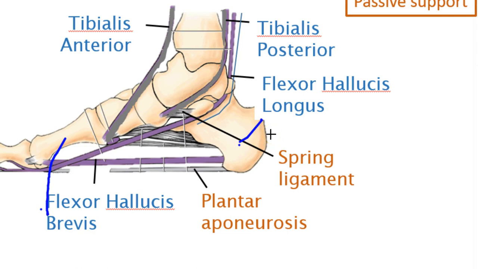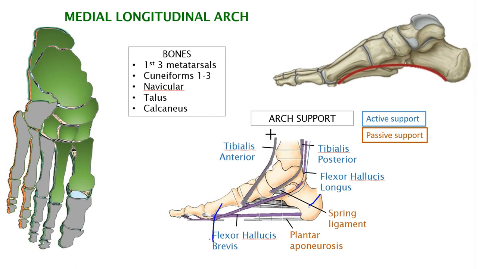The arch is supported by several passive and active structures. The active structures shown in blue include the tibialis anterior, which is pulling up here on the first cuneiform and the base of the first metatarsal. So it's pulling up that way. Here we have the tibialis posterior shown in gray, pulling up and back on the navicular bone. We have the flexor hallucis longus pulling back and slightly up on the